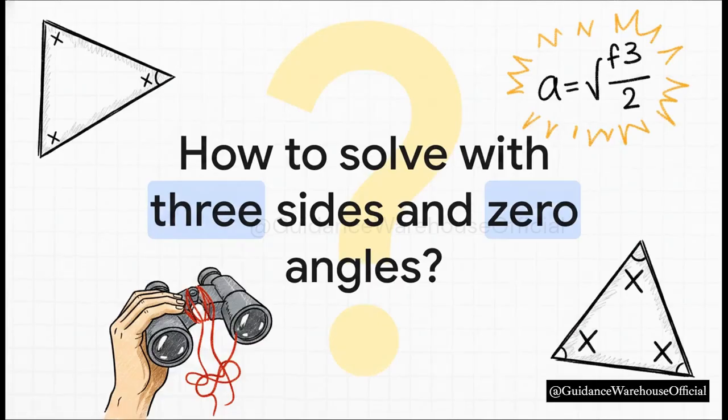So you've now got this incredibly powerful mathematical tool belt for oblique triangles, but I want to leave you with a bit of a puzzle to think about. The law of sines requires a buddy pair, an angle and its opposite side. But what do you do if you're looking at a triangle and you only know the lengths of all 3 sides and you know absolutely 0 angles? The buddy system completely fails there. So how do you solve that? Well, to crack that code, you're going to need the law of cosines, and that is exactly what we'll be exploring in our next